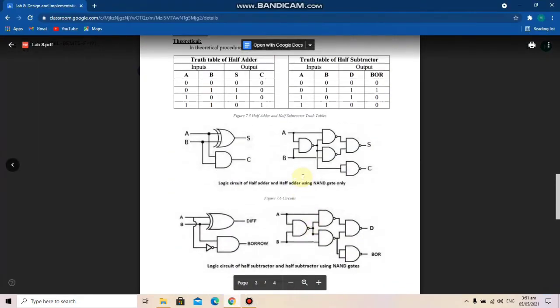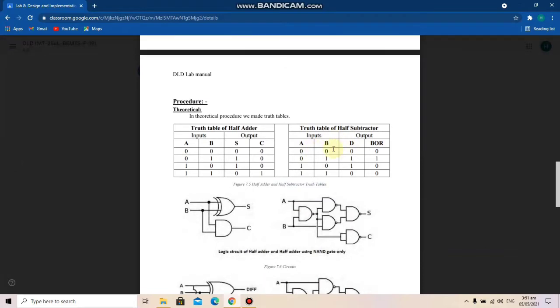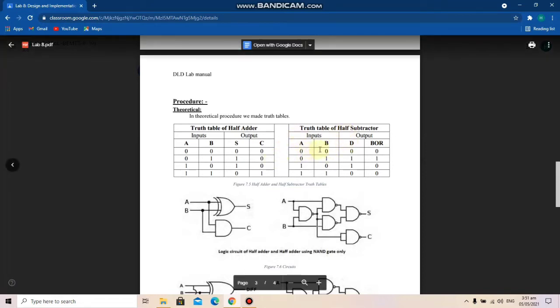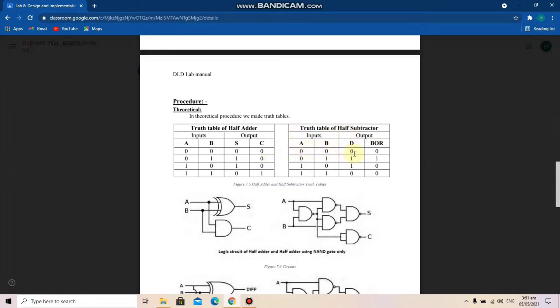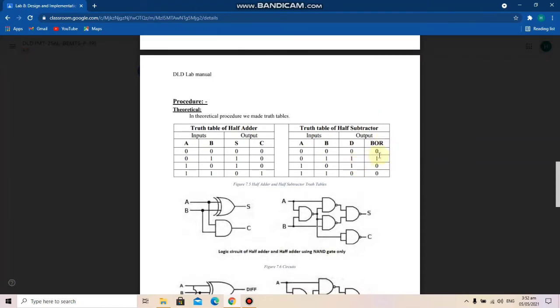Now moving towards the subtractor here. So here is the truth table for the subtractor. The similar concept: in the addition we are adding the inputs, in the subtractor we will be subtracting the inputs. So same A and B, two single 1-bit inputs. This is a half subtractor, so single-bit inputs A and B, and the output is difference and borrow. Difference is the least significant bit of the output, and borrow is the most significant bit of the output.